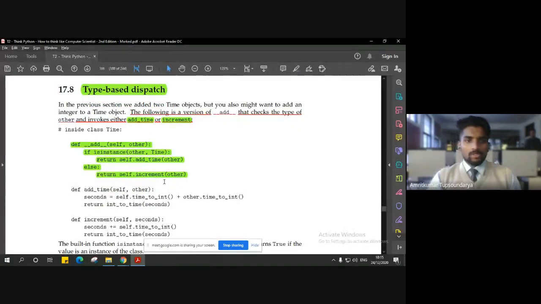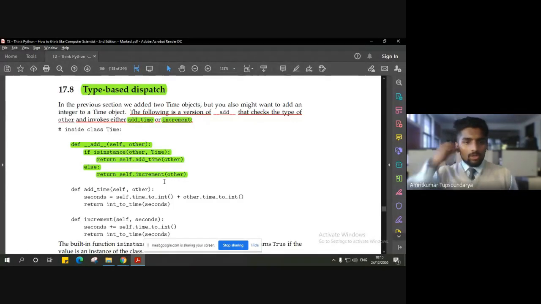In today's class, we'll be starting off with a topic called type-based dispatch. This is a very interesting topic to be discussed here in objects, classes and methods. As the name suggests, what we are trying to do is first identify the type, and depending on the type, we are going to dispatch the values, or process further or supply the expected values in the program.